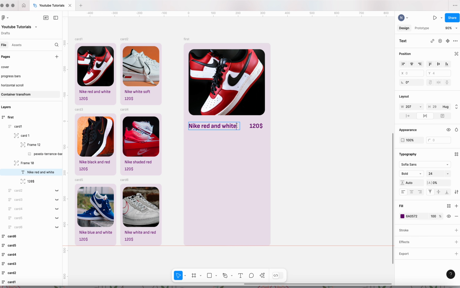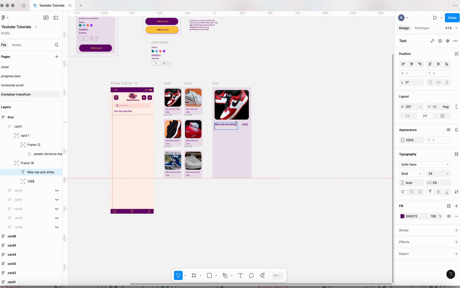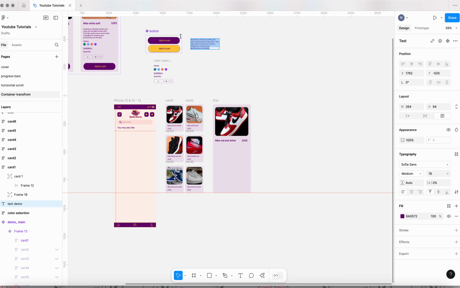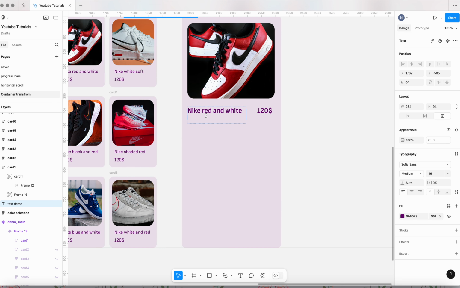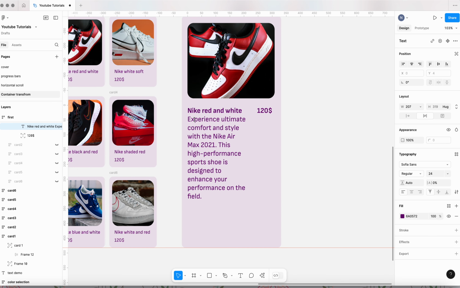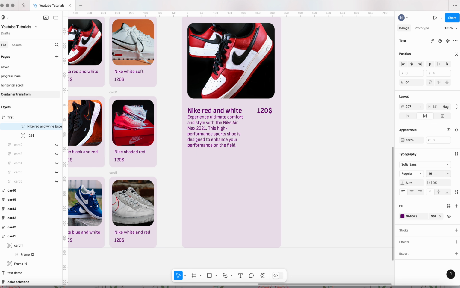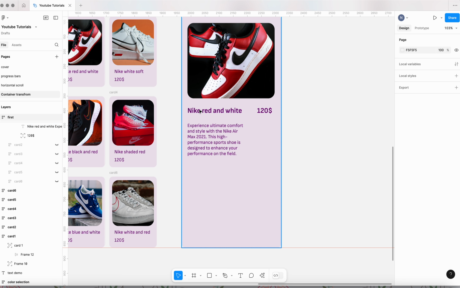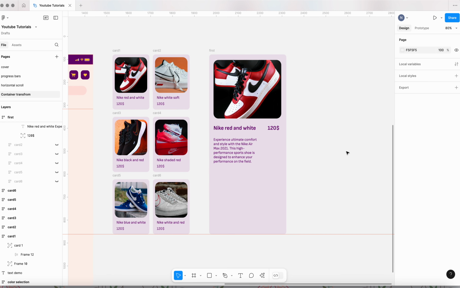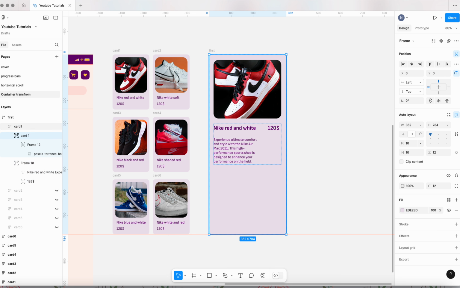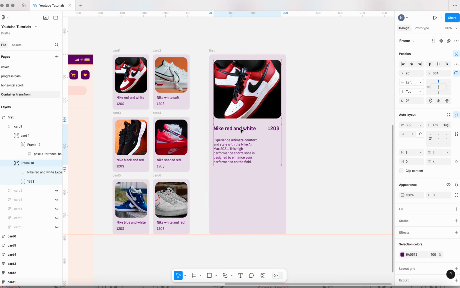And for the second subtext, we just make another line and copy this demo text which I already have placed. We don't want this big size. So we just go ahead and change it to a little smaller to create that visual hierarchy. Now this is placed, and we'll just move this a little bit below